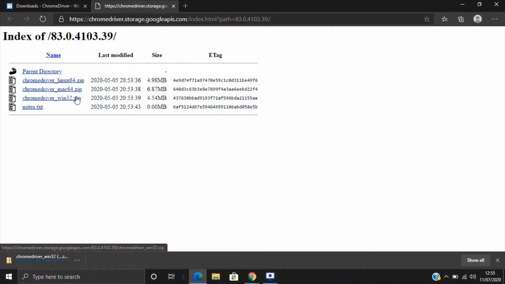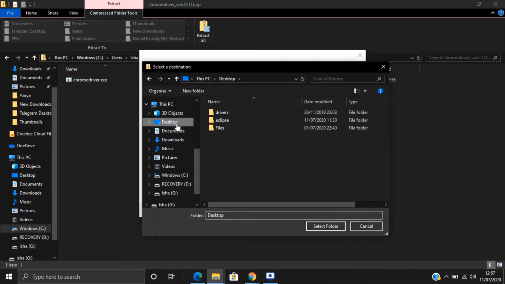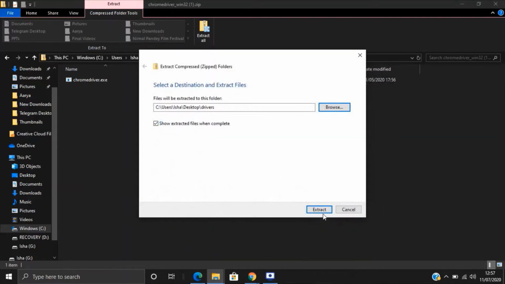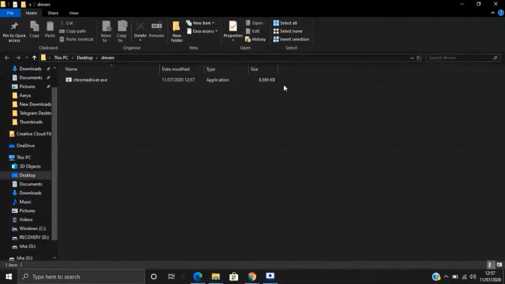Once the download is completed, we'll have to extract it, and we'll make a note of the path where we have placed the driver. So I'm extracting it in a folder, but I think there's one more chromedriver.exe in it. I already had one, so I just replaced it. Now we'll write the code for the same.